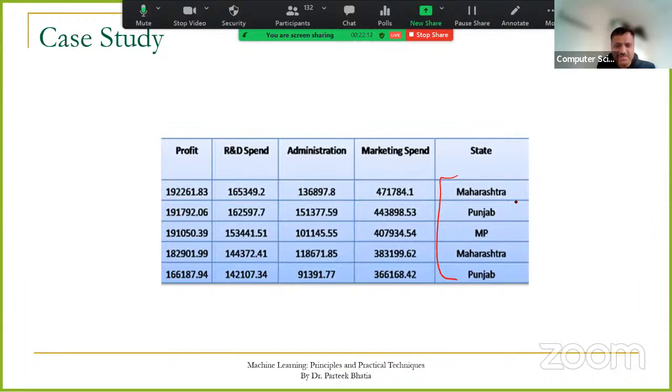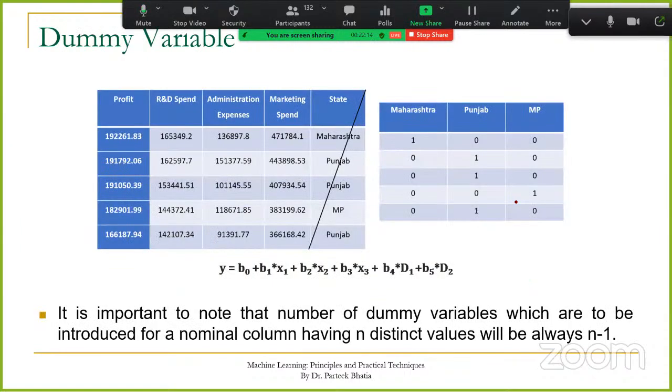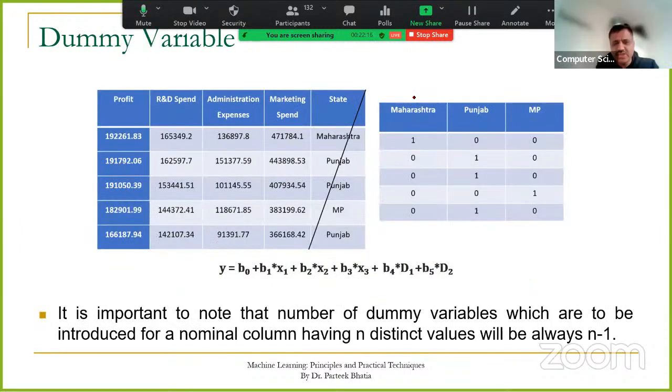Can anybody tell me? 3. So I will create 3 columns. So here you can see I am creating 3 columns. One is Maharashtra, second for Punjab, and third for MP. तो ये जो नए 3 कॉलम बना रहा हूं, इन नए 3 कॉलम को डमी वेरिएबल कहते हैं। तो